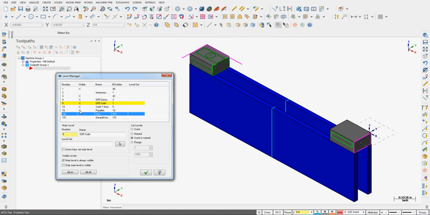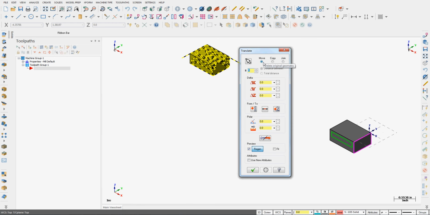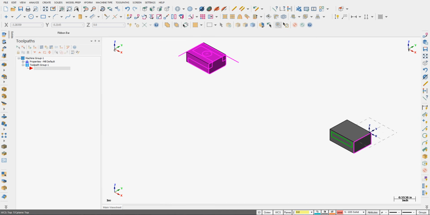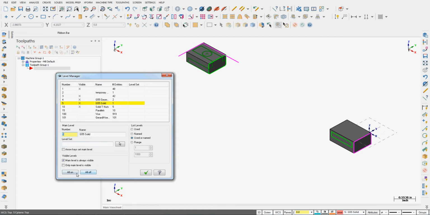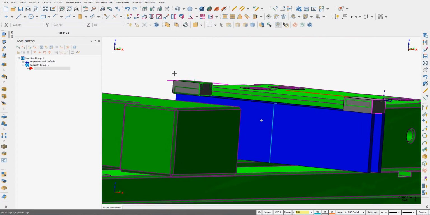Then I'm going to select XFORM, translate, window select all of this geometry, and end my selection. Tell it I want to move in the delta X negative 0.125. And I'll accept that. Clear the colors. Turn all the levels back on to see how it looks. So now,